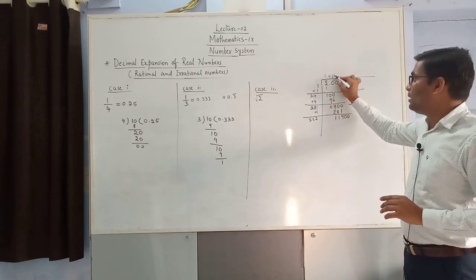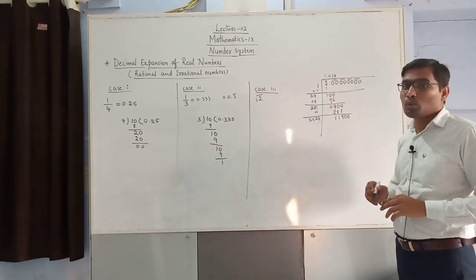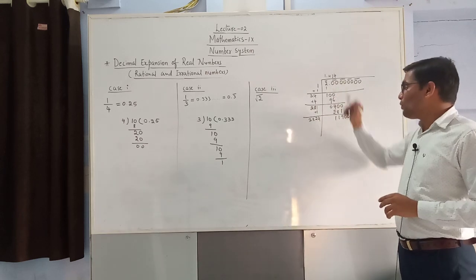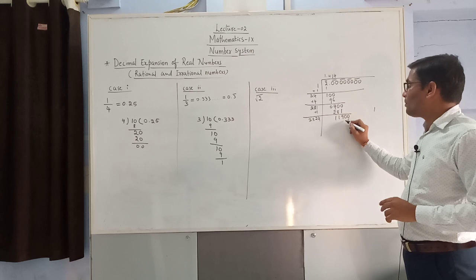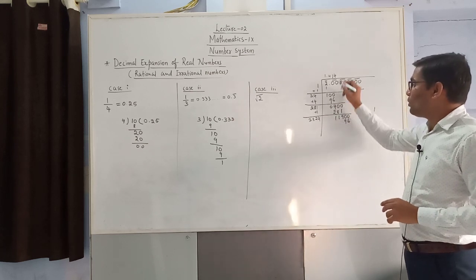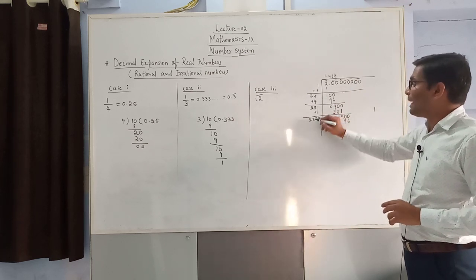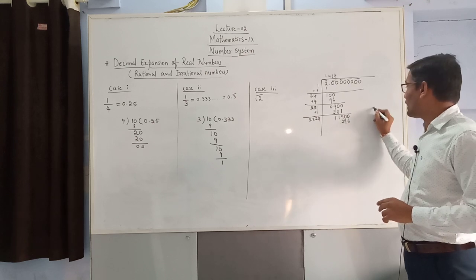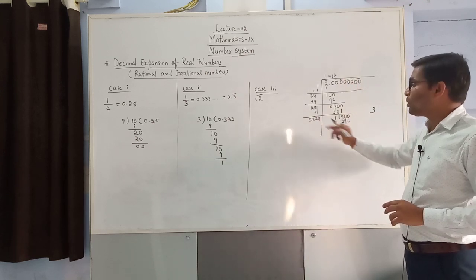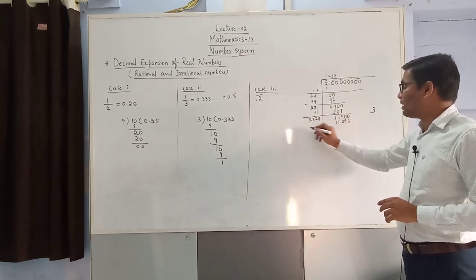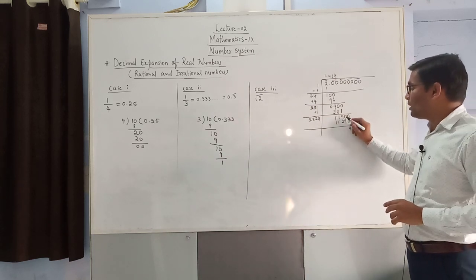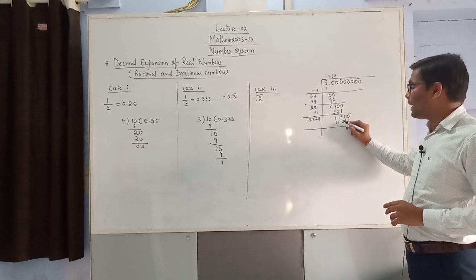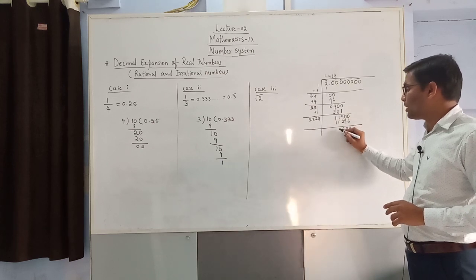Now take again 4. That is 2824 4s are 4 4s are 16. Carry 1. 4 2s are 8, that is 9. 4 2s are 8, 4 8s are 32. Carry 3. 4 2s are 8 plus 3 is 11. Now subtract. 10 minus 6 is 4. 9 minus 9 is 0. 8 minus 2 is 6, 0 0.